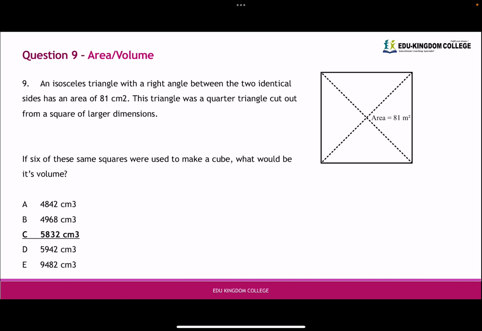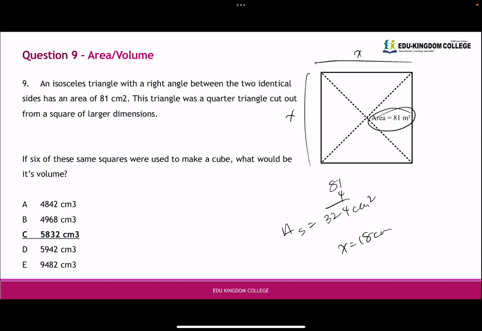Now, question 9, we have a square with 1/4 of it being area 81. So 81 times 4 is 324. So the area of the square is 324 centimeters squared. Now, to find the side length, it should be side times side. So x squared equals 324. X is 18 centimeters. Okay, it was a bit difficult to find, but if you square a number, okay, it's